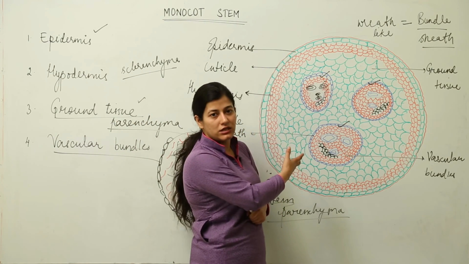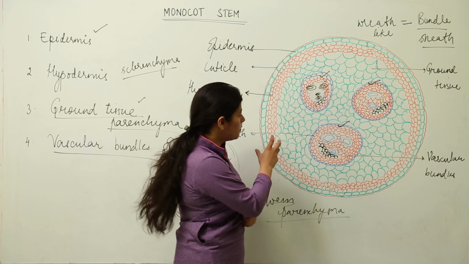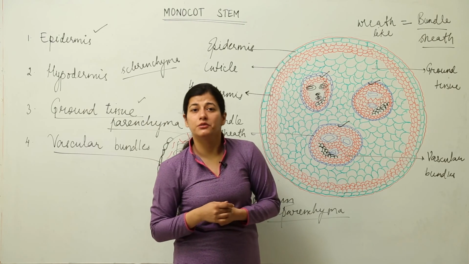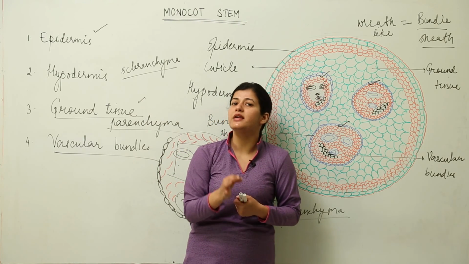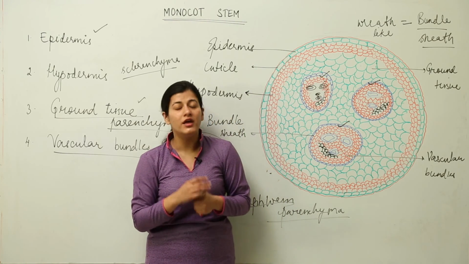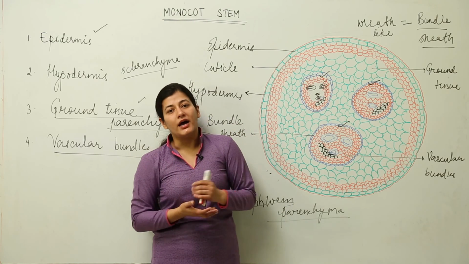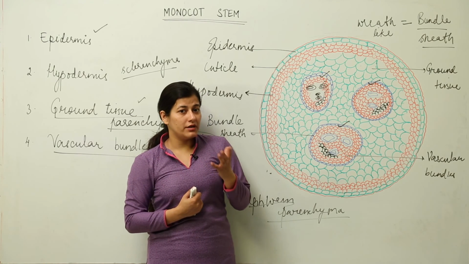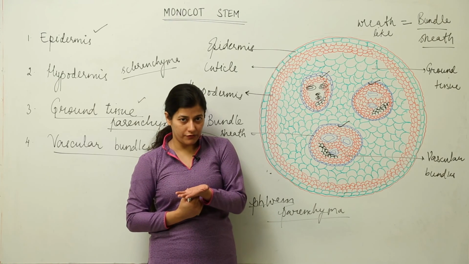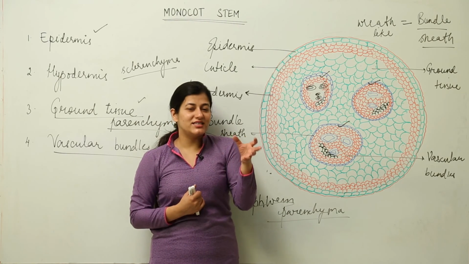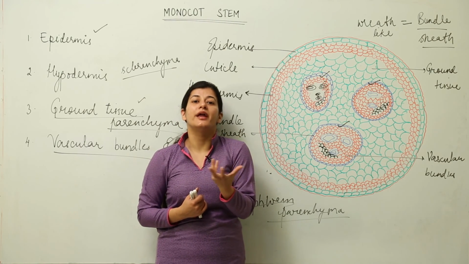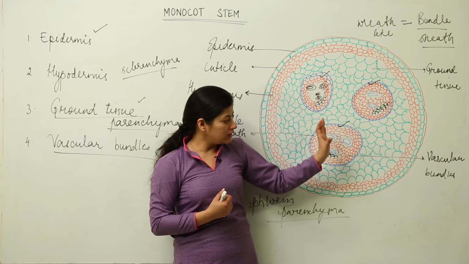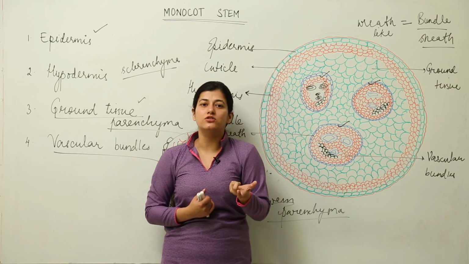This is the easiest representation of a monocot stem, and if given a choice, I would learn the example of maize. It is the simplest monocot stem that we can have, and it gives a better idea of the arrangement. And for remembering purposes, you can remember it like you have cut a watermelon from the center and its seeds are scattered in that reddish part. So this arrangement is such that you can consider the vascular bundles to be seeds of watermelon.